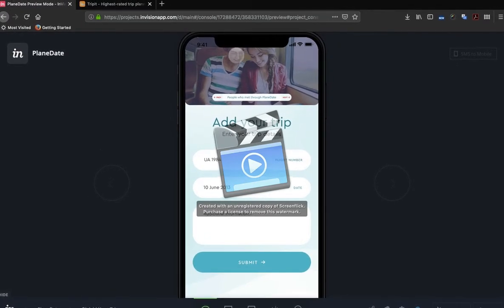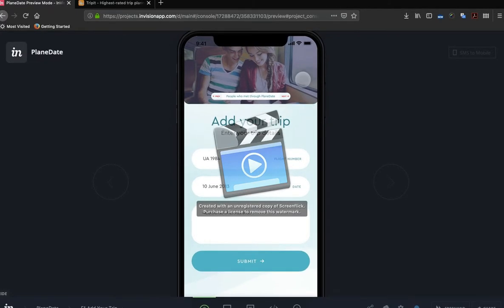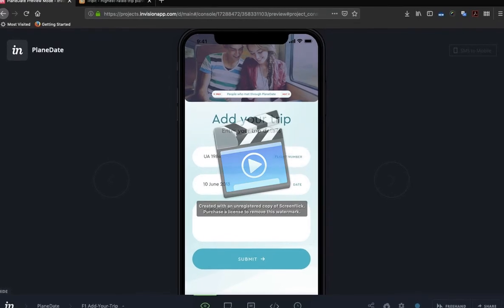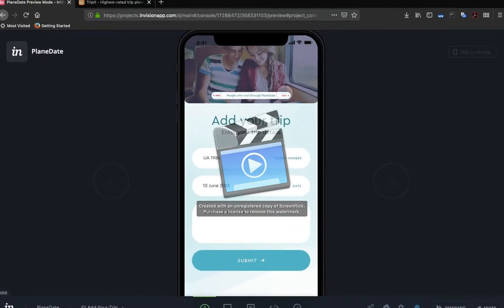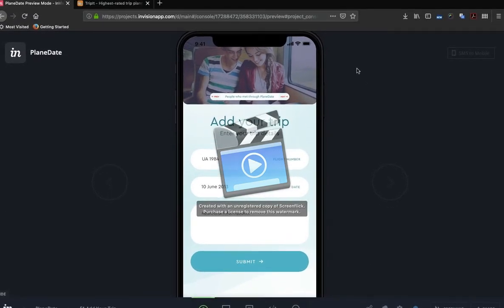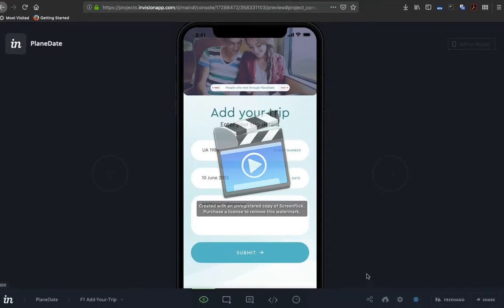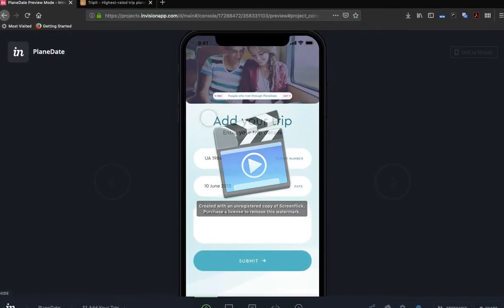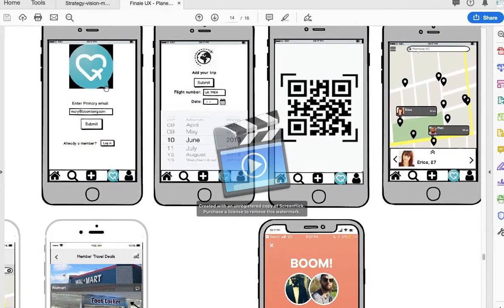So that'll be your primary email that you use for your travels, and when you click on that, it will show an animation of your trips being gathered, and before it goes to the list of people coming, the screen where it shows you people coming to the area you're going to for the date. So basically this is the modes.